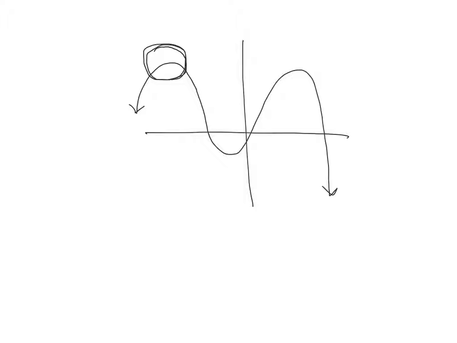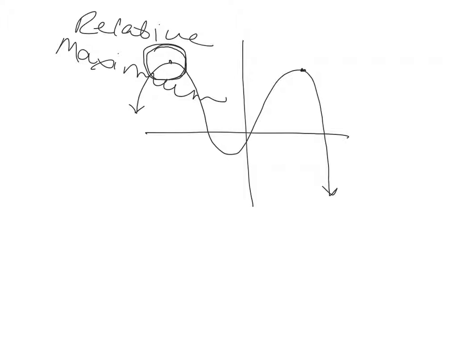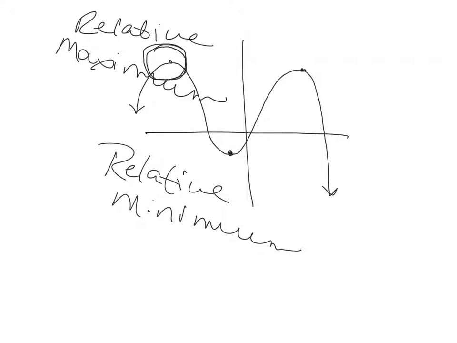So this one has a top here and a top here. So both of these would be what we call relative maximums. Now a relative minimum is the bottom of one of those curves. So call that relative minimum. Now most of the time you're either just going to have a relative maximum or a relative minimum, and